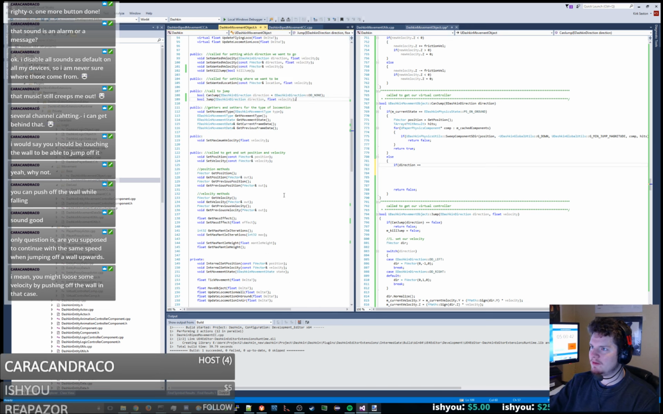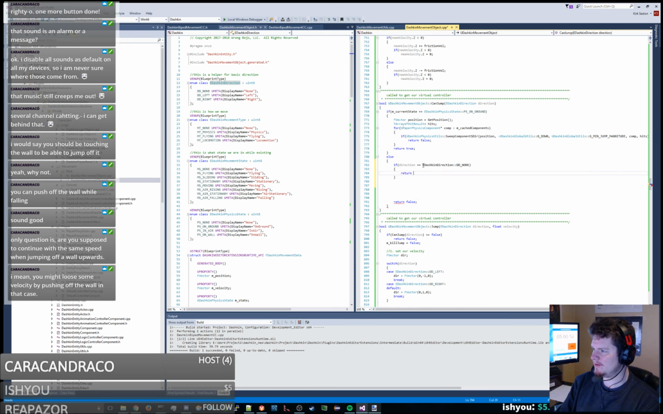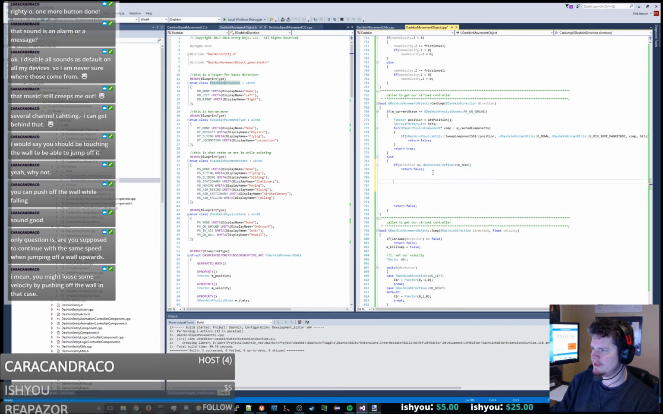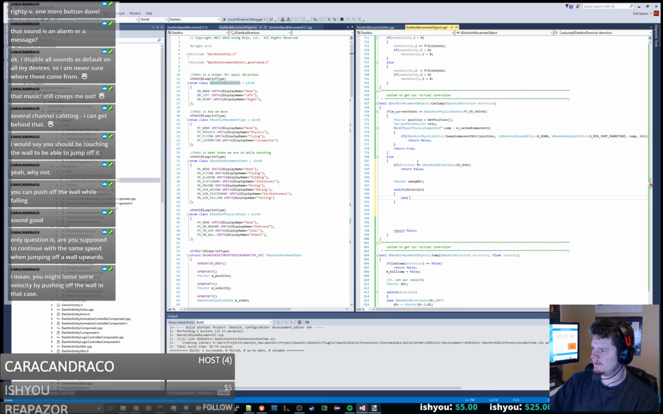Alright, so we need to do if the direction is none. So if you don't specify a direction and you're not on the ground, then I think basically we're just gonna say, well, return false. You can't do it. Otherwise, we're gonna do a sweep vector. So our sweep dir is going to equal something. We're going to switch off of the direction and case